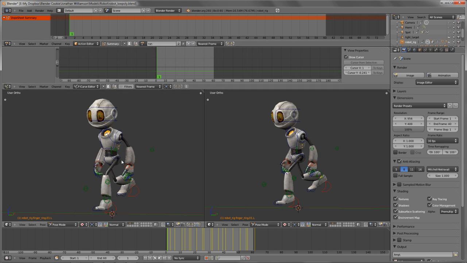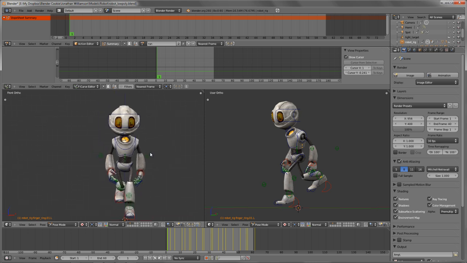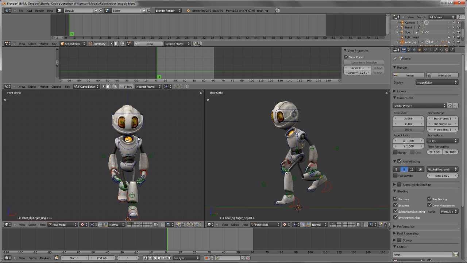The one key point that I'll mention, just so that you don't lose any animations, is after you close out of the animation, such that, if I wanted to work on a new animation, I would click the X to remove that action from the active spot, and then I would go in and add a new one. But when you do that, if it's not set as a fake user like this, and I click the X to remove it, you'll notice that I have a 0 next to the run now, which means that there is no object or rig or anything like that that's referencing this run, which is not necessarily a problem initially,